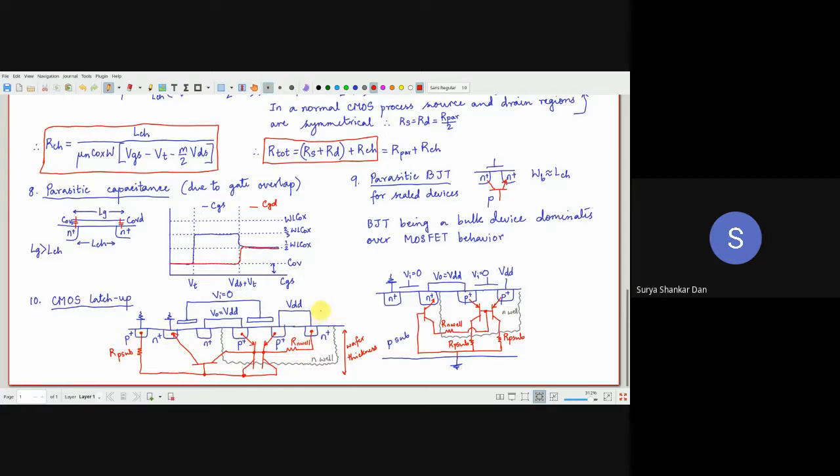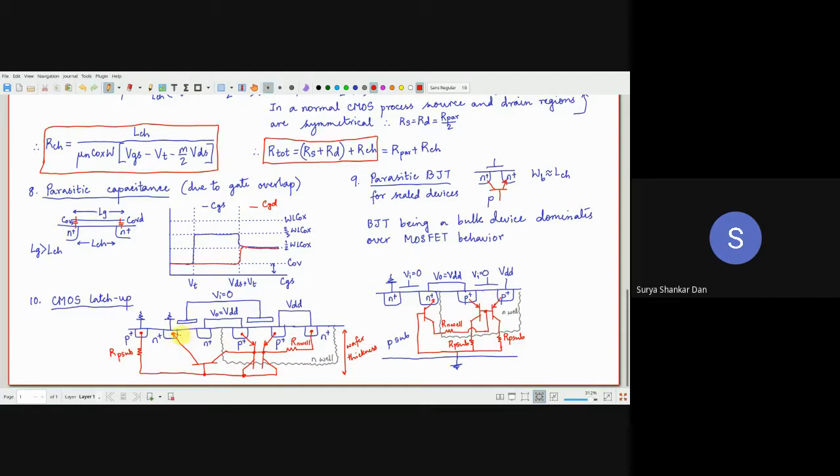The other latch up that is possible is, notice that you have got these ties. These are called the body tie. This is the P plus in the P region. This is N plus in the N region. So this is also connected with VDD in the N-well, and this is connected with the ground. Okay, so these are the body tie, body connection. If these are the body connections, you are having this resistive path. If you are keeping it, it's possible to ensure that this RP sub will be very high. Then you will be left with this kind of a latch up situation. Okay, for long channel devices.